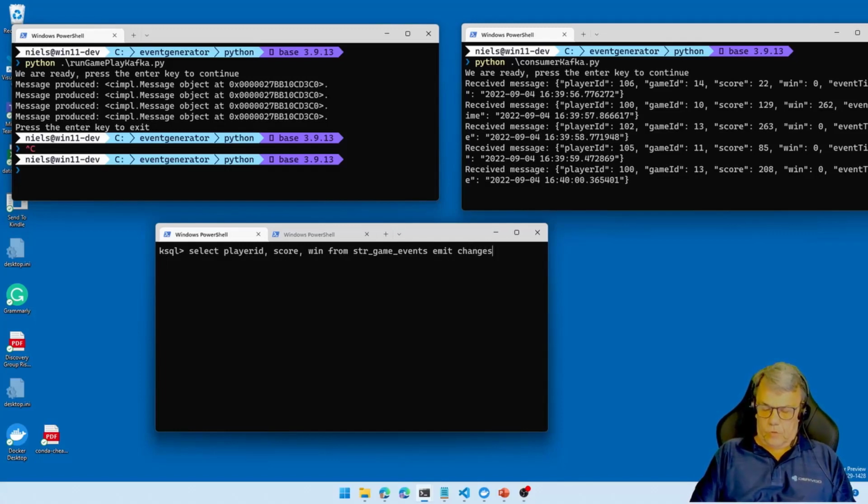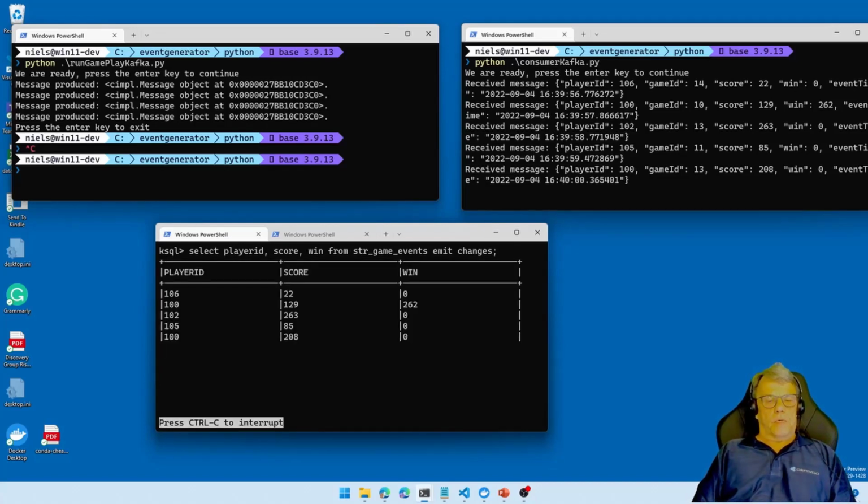I'll come back to in a little bit what this emit changes means. For now, let's just assume that it needs to be there, which it does, right? And now we're getting my player ID, my score, and my win as per before. Right, so if we are lucky, and once again the demo gods are with us, we can run this gameplay again and see what happens.